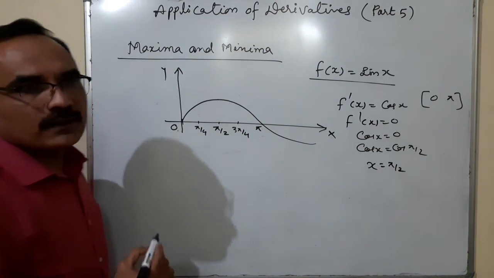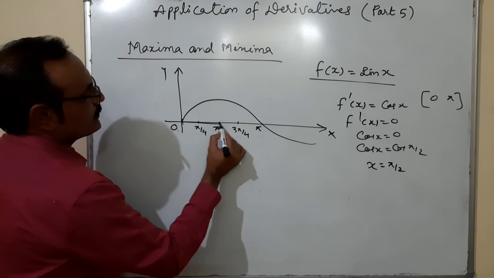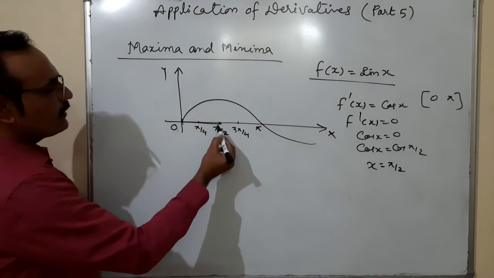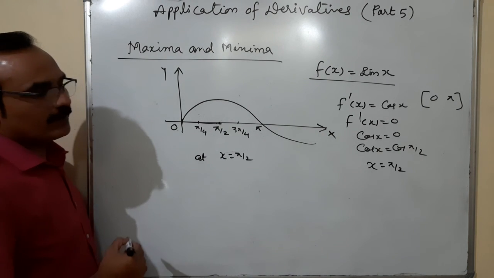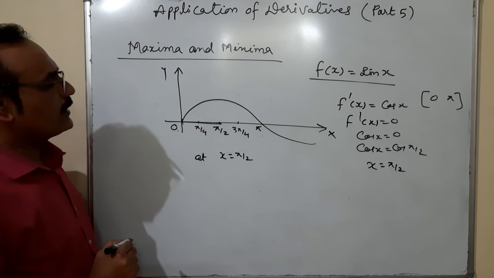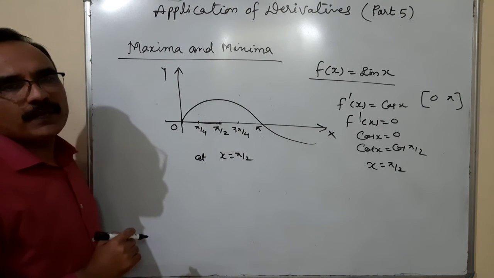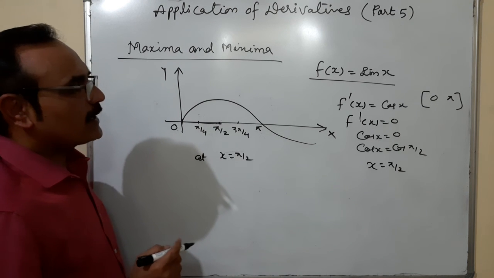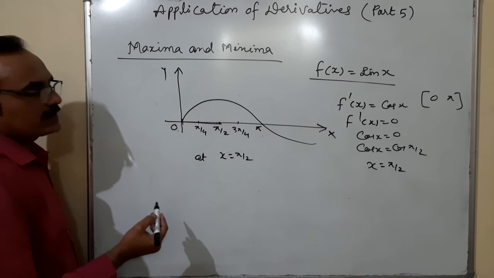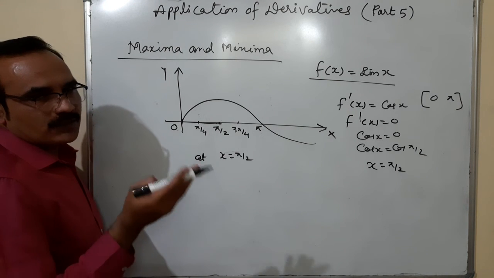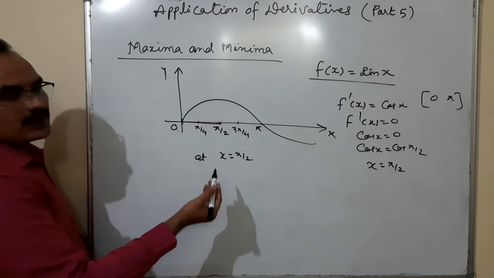So what does it mean? The point x equal to pi by 2 is the critical point. At x is equal to pi by 2, which value are we finding, the maximum value or minimum value? How do we find out the maximum and minimum value? We can check it using f dash x, or f of x. The test can be the first derivative, the second derivative, or simply the function. There are many ways we can check it.